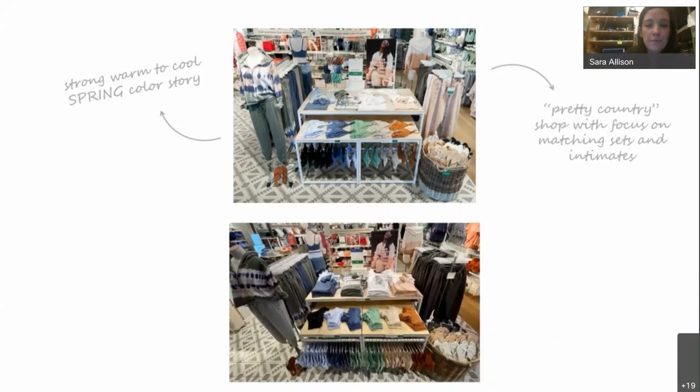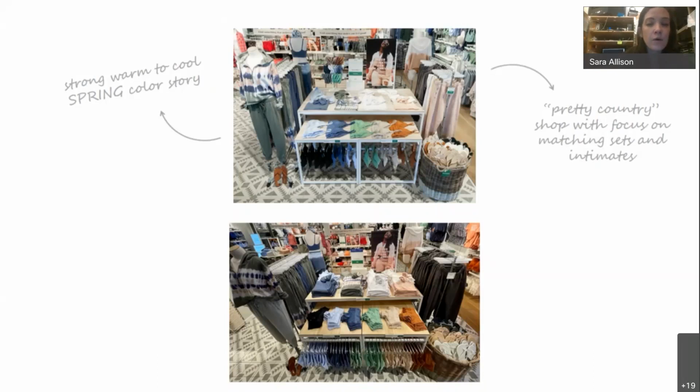Another example might be, okay, we're not breaking in the apparel because clearly we have all the stacks and we have both of our wardrobers, but maybe we started to break in the intimates. You can't really see in this first example, but the undies that match this bra were shown on the back of the table initially. Here, since we were starting to break in some of the bralettes, maybe we didn't have full stacks in certain ones, we pulled the undies to the front because they were much fuller stacks, and then hung all of our bralettes on the side hang below so that we had this great matching set moment.